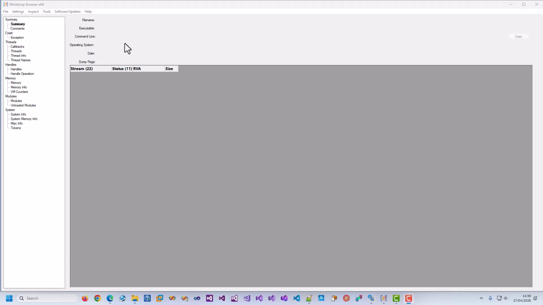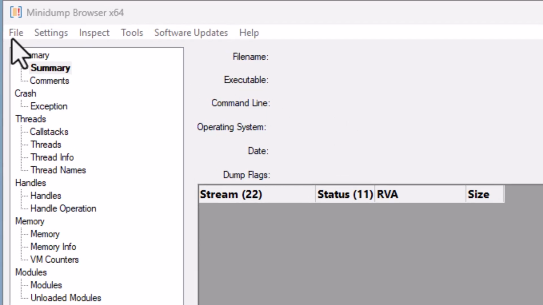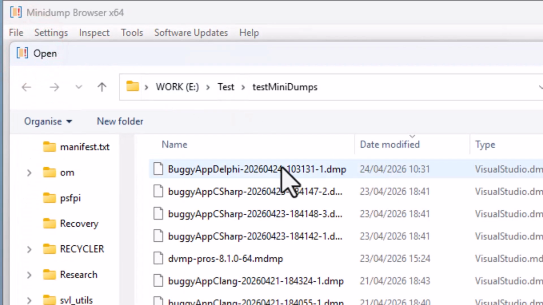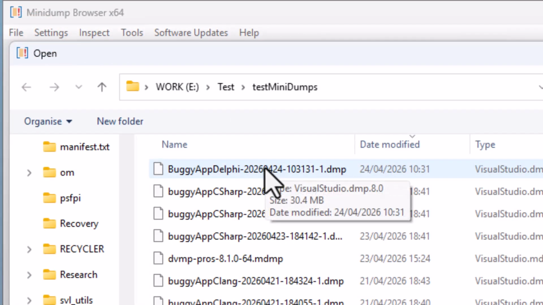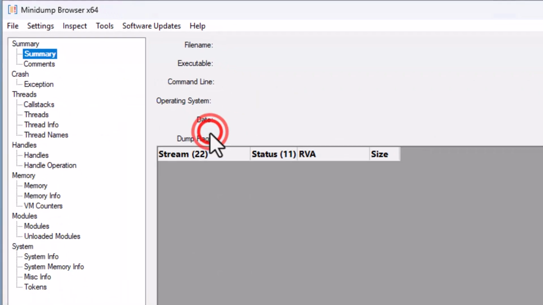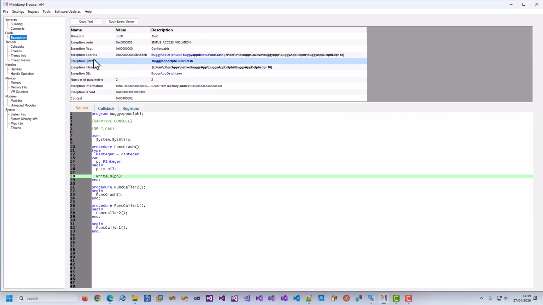Hello, I'm going to show you how to view a Minidump using Minidump browser. I'm going to load this Minidump. This Minidump was created from a crashed application that was written with the Delphi language. And pretty soon the Minidump's loaded, and because it contains an exception, we go straight to